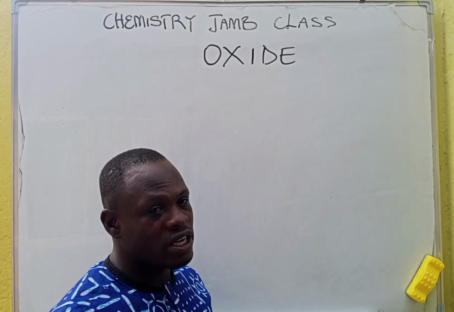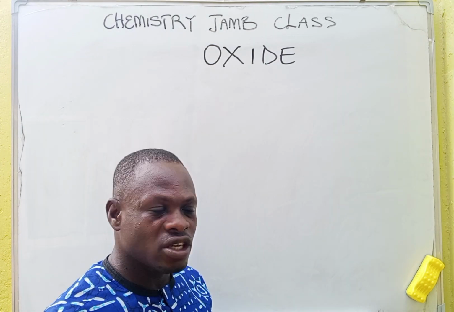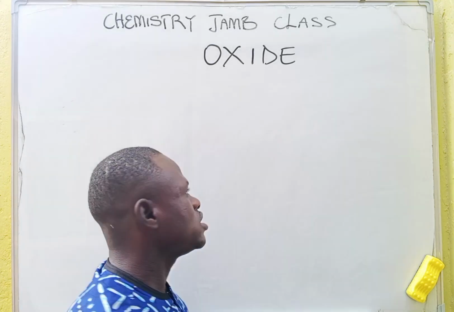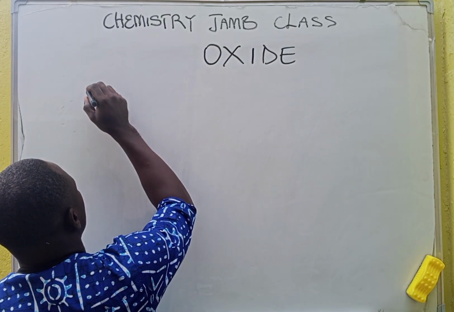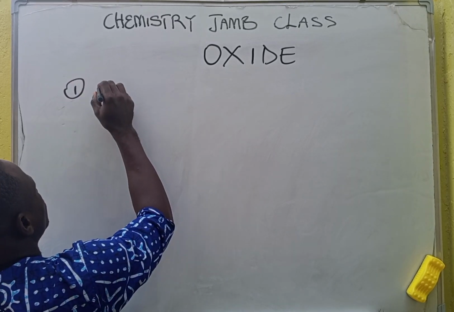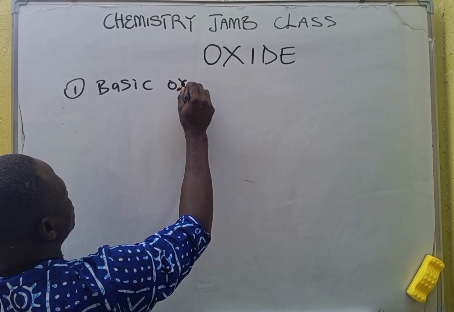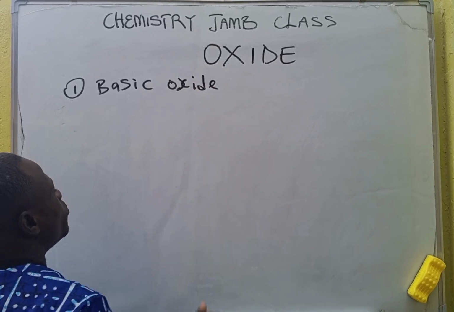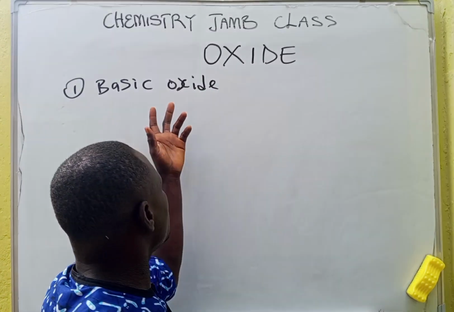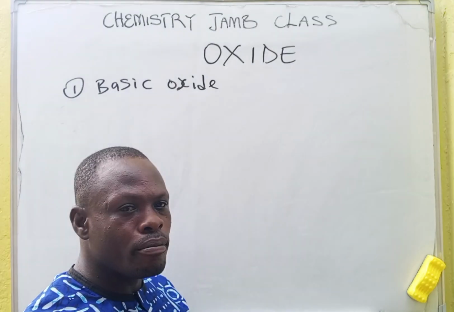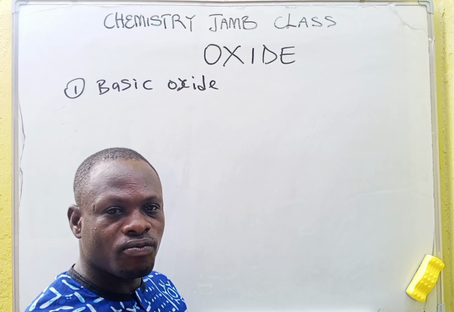Now we have different types of oxide. Are you following? The one we are going to look at today is number one. We have basic oxide. Now when we talk about basic oxide, it is when metal, more especially the group 1 and group